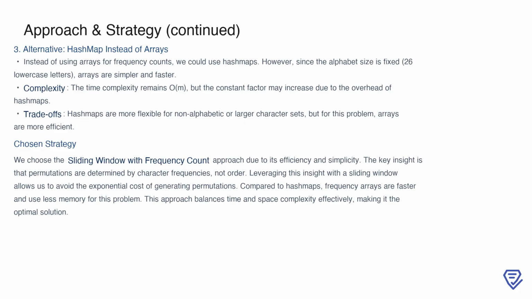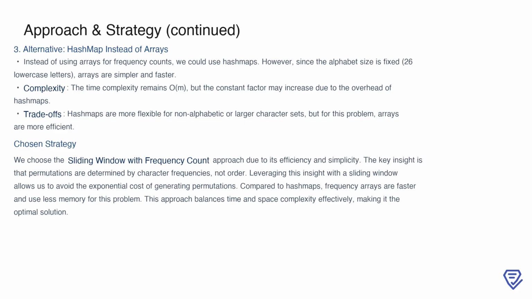The critical insight here is that permutations are determined by the frequencies of characters, not their order. By leveraging this property with a sliding window, we avoid the exponential complexity of generating permutations while keeping memory usage minimal. This balance of time and space efficiency makes the sliding window with frequency arrays the best choice for solving